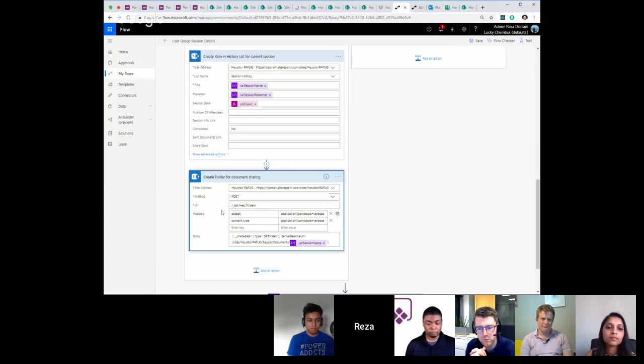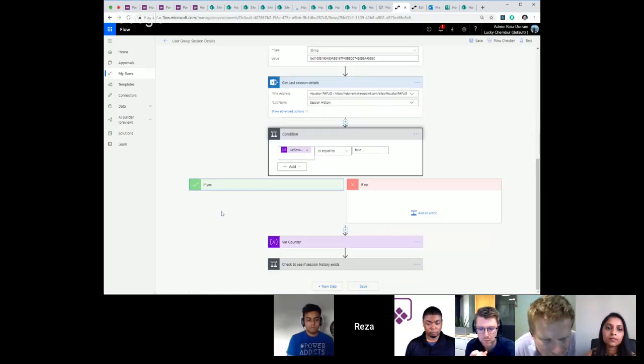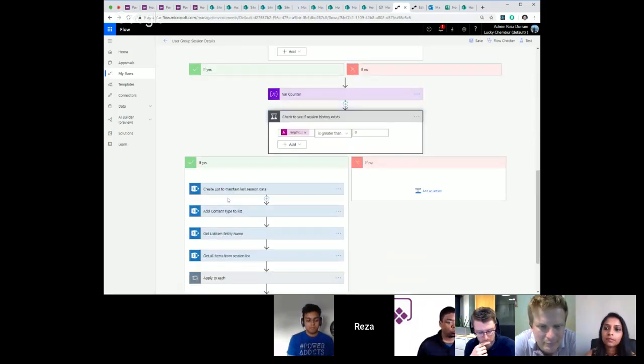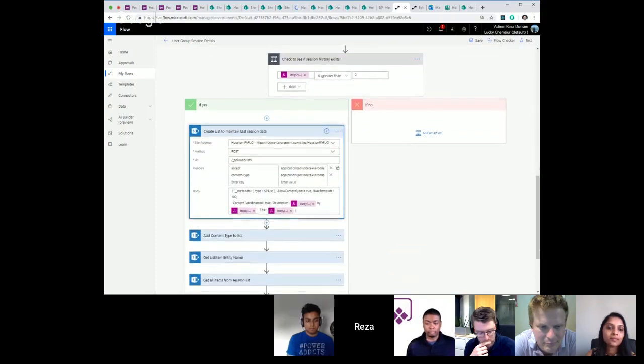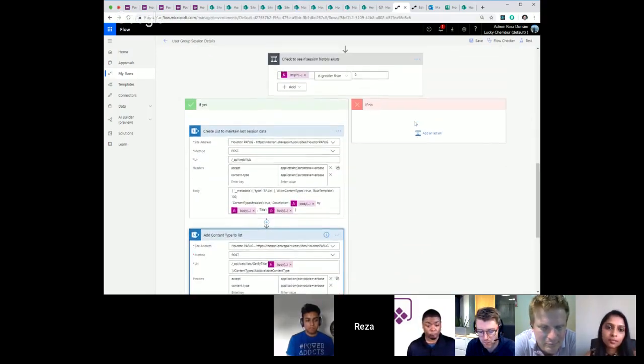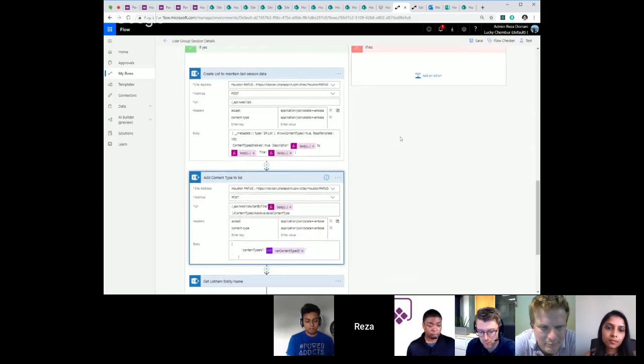And it is this step that is going ahead and creating that folder. So all of this is automated, the creation of the folder, the creation of the items, and so on and so forth. Also, I call this flow in two cases. When I close the session, I need to do a lot of things.